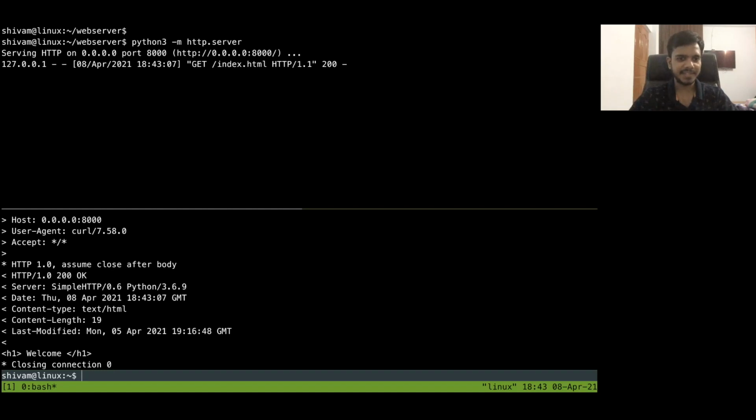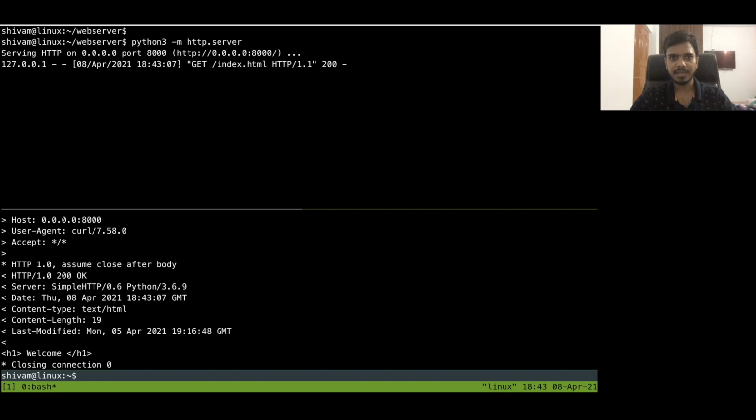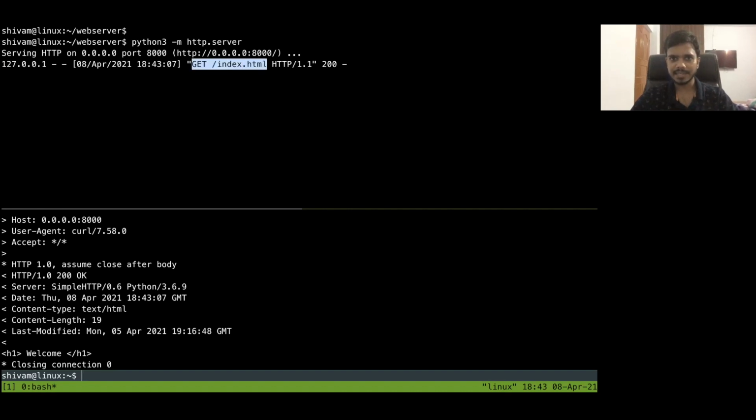We are not able to see the whole output here. I would have used some other method to see that, but that's not important here. As you can see, this server got a request from 127.0.0.1 at this time. The request was for GET index.html, HTTP 1.1. This was the request that I made. And the status code for this is 200. You can see the reply here also, right? You got an HTTP 1.0 200 OK reply from the server, and some more headers from the server: the server name, date and content type, everything. Content type is text/html here. And finally, you see the message, the reply. What was in the file, that is Welcome, that we have got here.